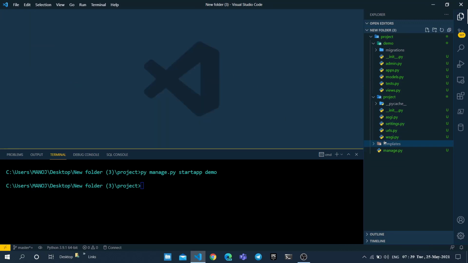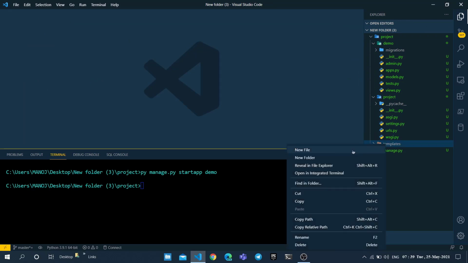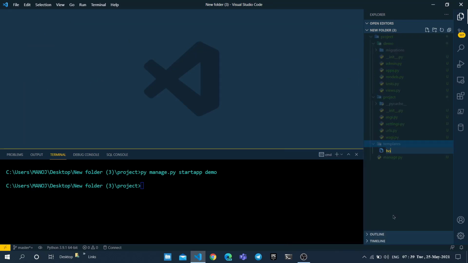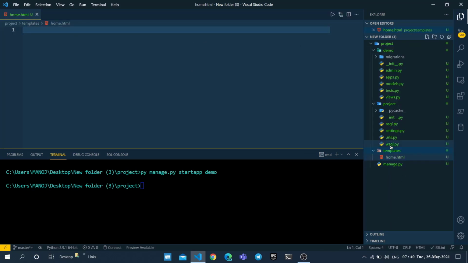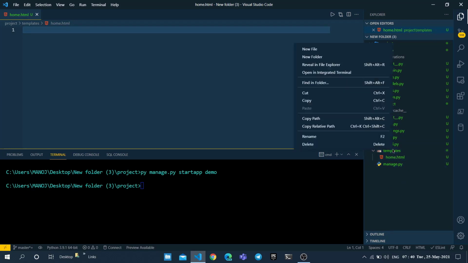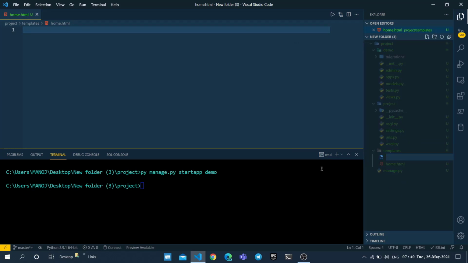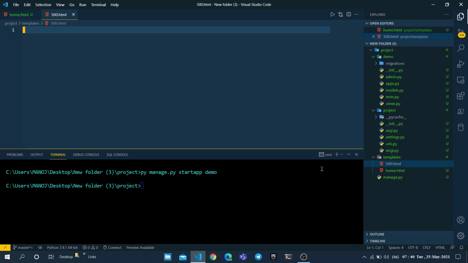After that, create a new template which is home.html. It represents our home page, and one more HTML for our custom 500 page, which is 500.html.